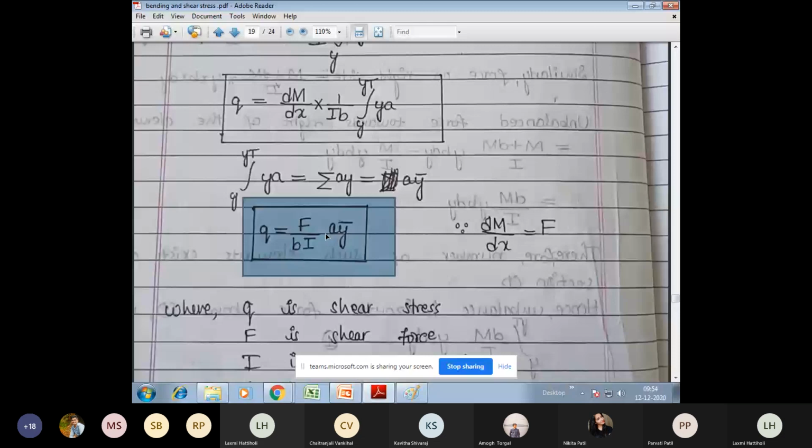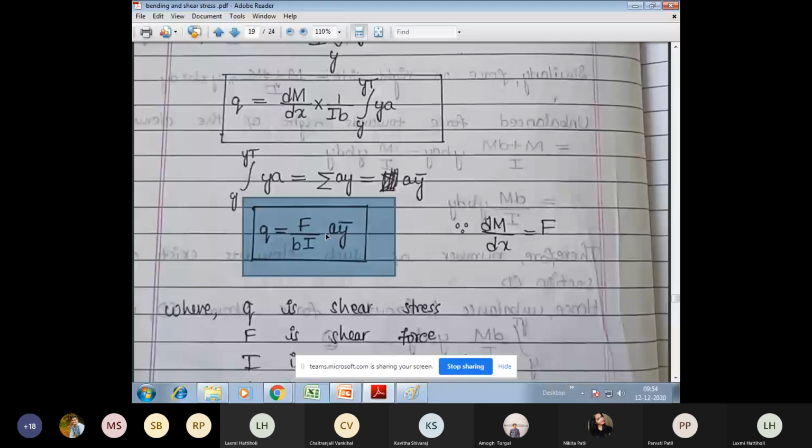Everything is dependent on this formula itself. This formula speaks many things. Though it is just a formula, when you think about this technically, it has many more things to discuss. Okay, think in this way now. Q is equal to F divided by B into I. For a section, maximum shear force will always be constant, yes or no? It depends on the applied load. If you are applying 10 kilonewton load, the maximum shear force will not at all change for the entire cross section. It remains same.